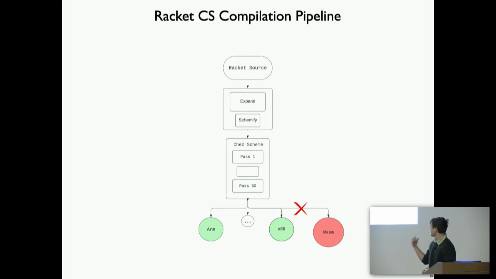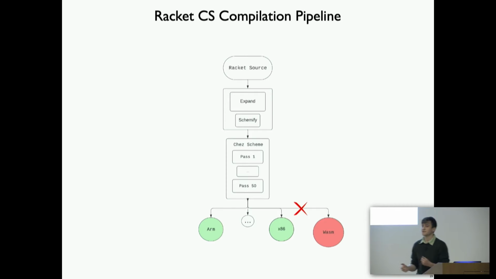Now, because of the Chez Scheme backend, right, Chez Scheme is a Scheme compiler. There are some differences between Scheme as specified and Racket, and so the schemify pass takes care of that, and then we're at the Chez Scheme level. And Chez Scheme is a rather interestingly architected compiler because it uses what's called a nanopass framework, which is not too common. The idea here is to break the relatively complicated work of compilation into a bunch of passes, like 50 of them. Each pass does a tiny little bit of work, lowering all the way down from the first pass, which is operating on Scheme source, down to machine code.